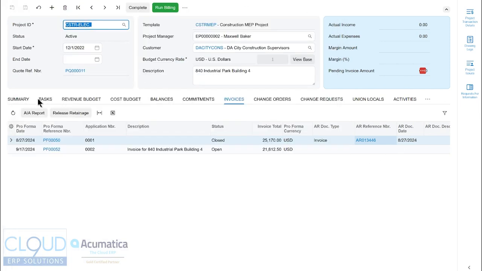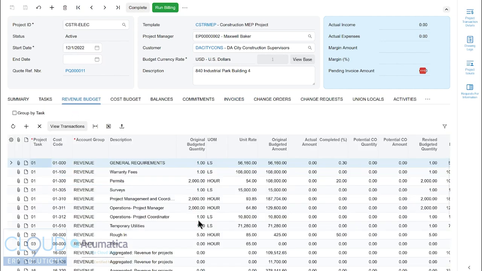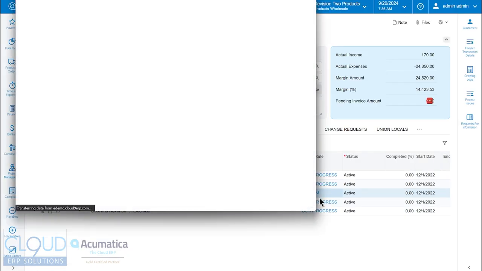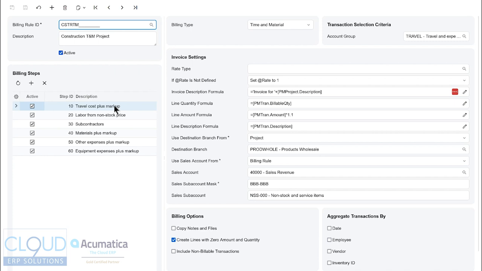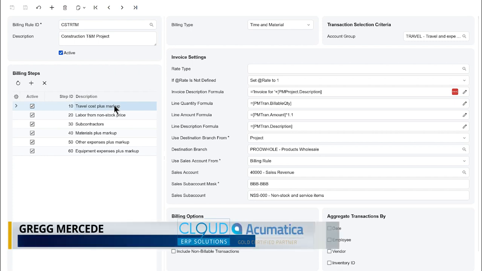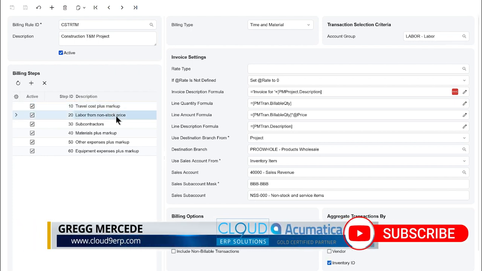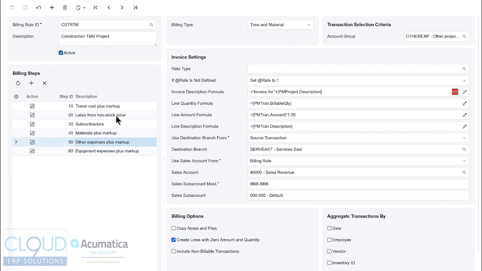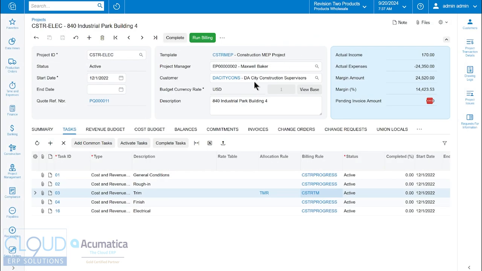Now, if we go back, and let's say, for example, now we want to create a trim activity. Well, again, if we look at our billing rule, you'll notice it's looking at anything with the travel account group. You can see it up here on the top right. Anything with labor account group, subcontractors, materials, and additional account groups here, equipment, other expenses. So I can create a transaction a number of different ways. The first one I can do